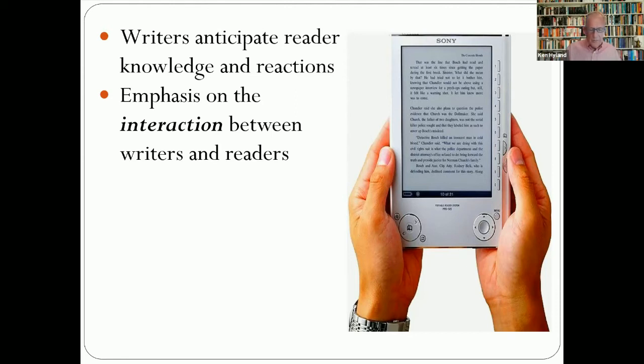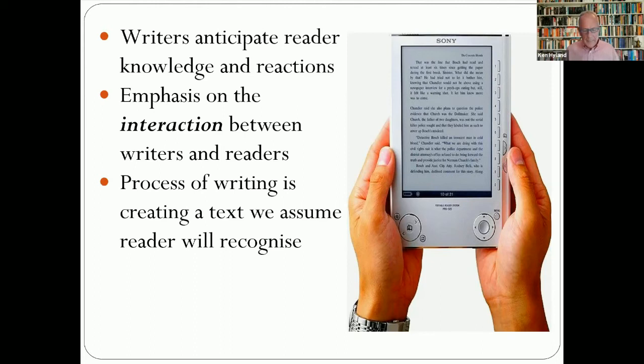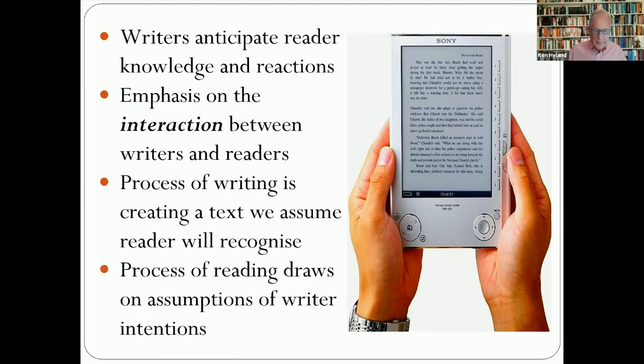So a reader-oriented view of writing emphasizes the interaction between writers and readers. The process of writing really involves creating a text that the writer assumes the reader will recognize and expect. And the process of reading involves the reader drawing on assumptions about what the writer is trying to do. And this, in linguistics, of course, this is called coherence. And we can only achieve coherence if our text meets the